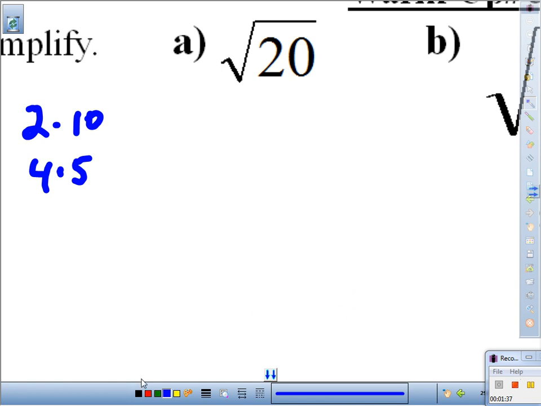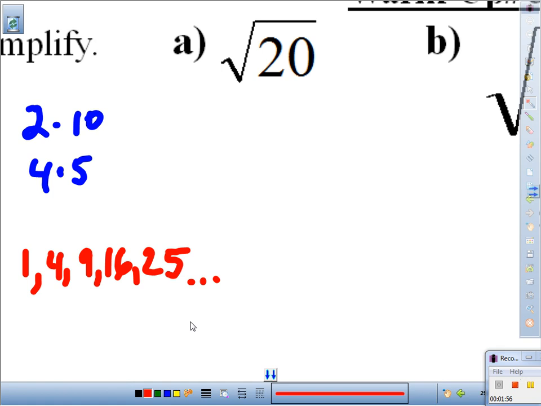You're saying, what is a perfect square, Mr. Q? A perfect square is a number like this: 1, 4, 9, 16, 25, and so on and so forth. And so you're saying, how did you get those, Mr. Q? Well, what is 1 times 1? 2 times 2. 3 times 3. 4 times 4. 5 times 5, and so on. These are perfect square numbers. So which pair of factors give me the perfect square number? 4 times 5. So this can be rewritten as